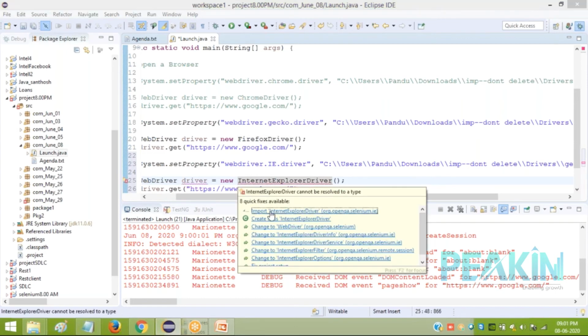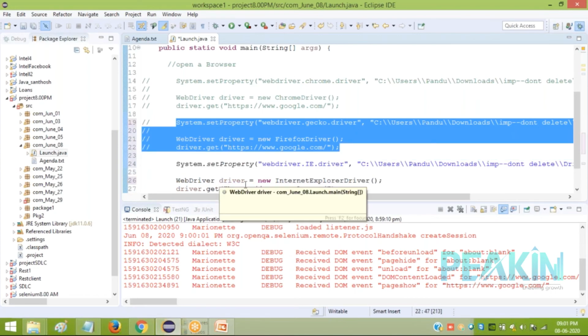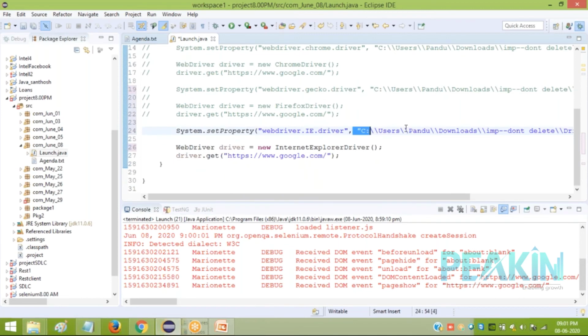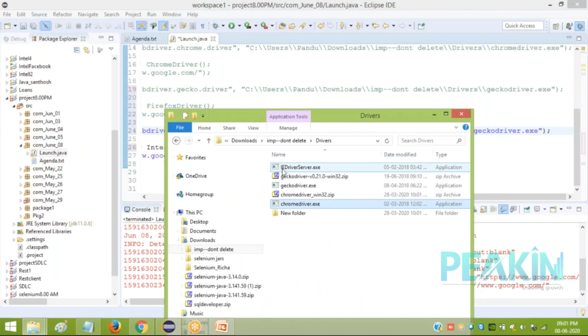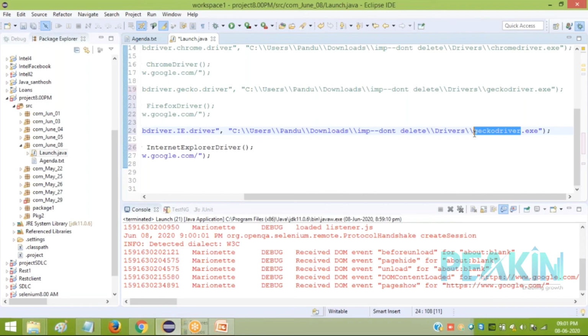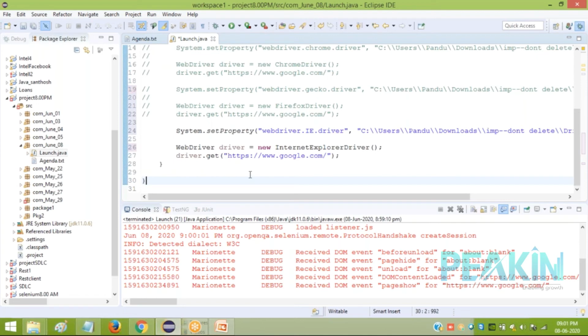Import it. Now it's showing a duplicate value for this code. Already driver is here, so it was showing a duplicate. And the path of the driver, instead of Gecko, it's IEDriverServer.exe. It's case sensitive, so you have to add it carefully. That's it. When you run, the IE browser should be launched. I don't have IE here, so you can just try either capital I or small i here as a key.